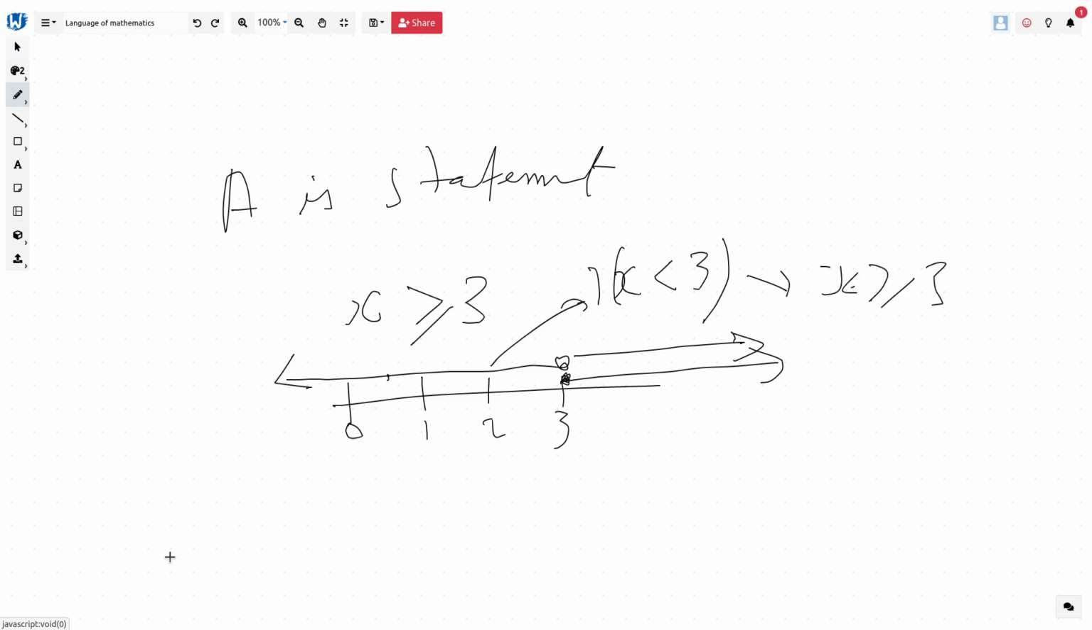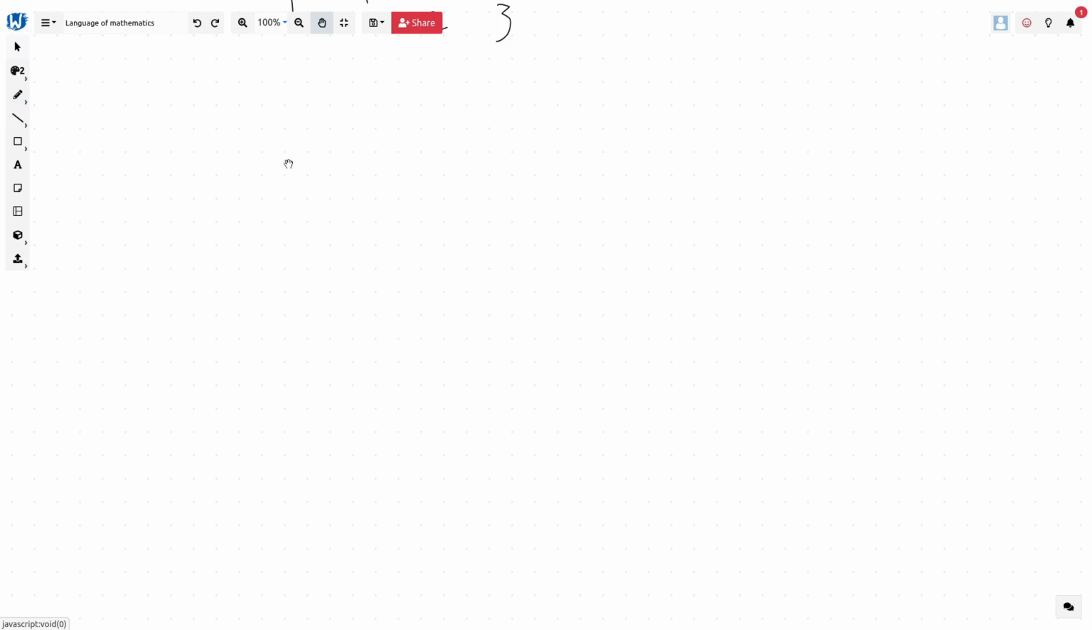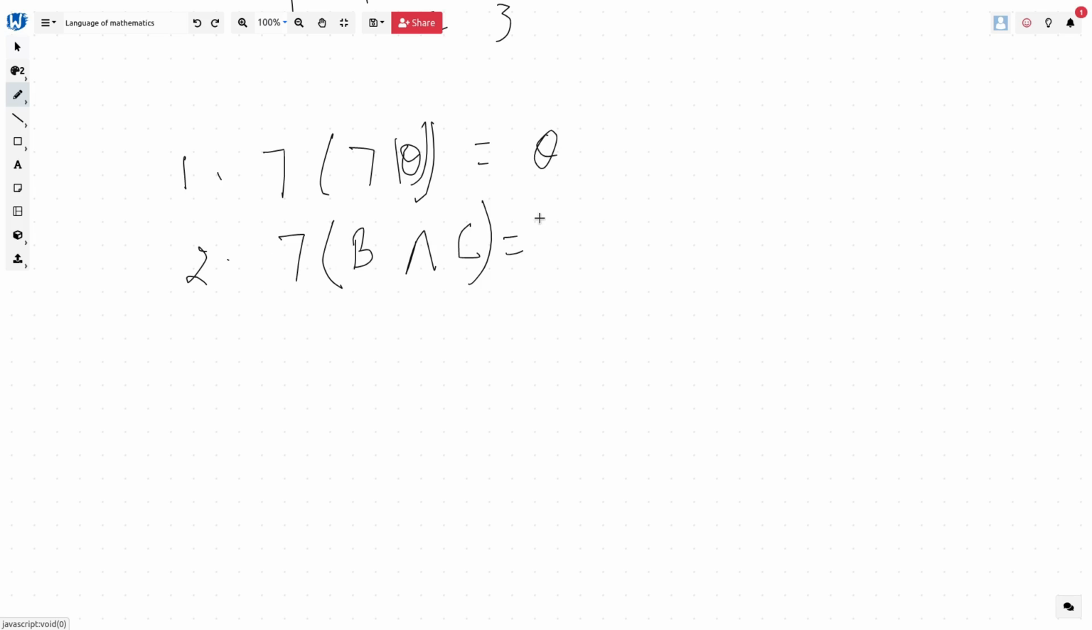So now I will write all these statements so that you can remember them in one place. The first one will be the easiest one. The not of, say, not of theta is a statement this time, is theta. Secondly, we have established not of B and C is equivalent to not of B